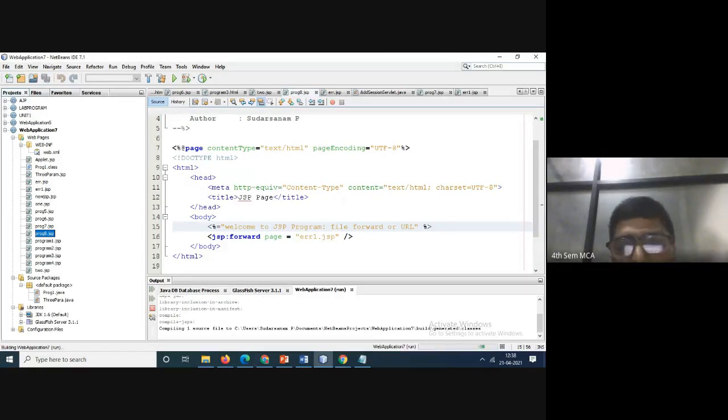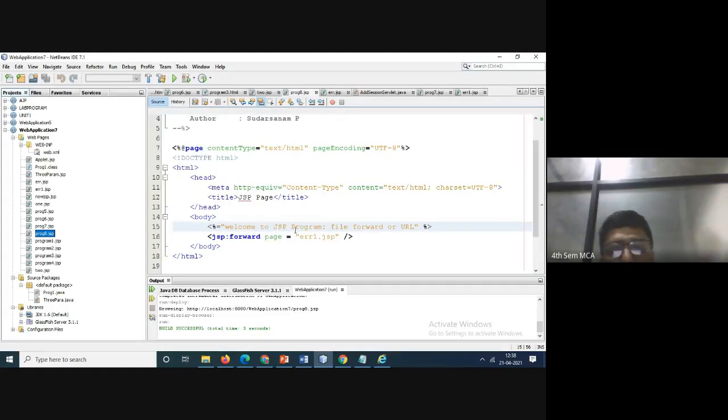See now, what will happen? So what happened? Error in the program, second program. So it directly forwarded to the second file name. Welcome to this.